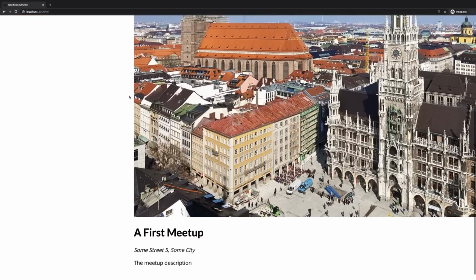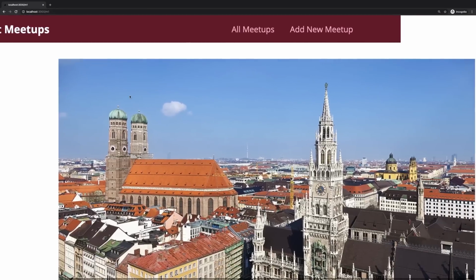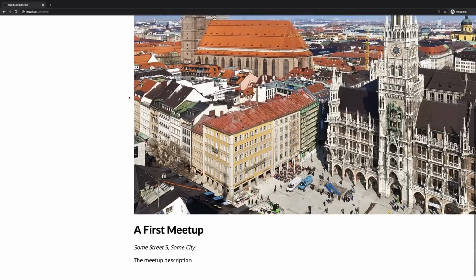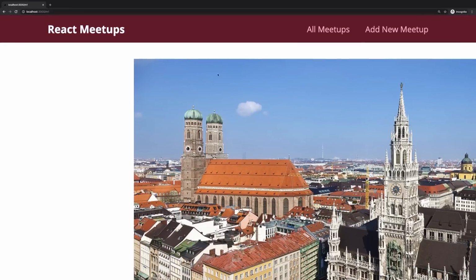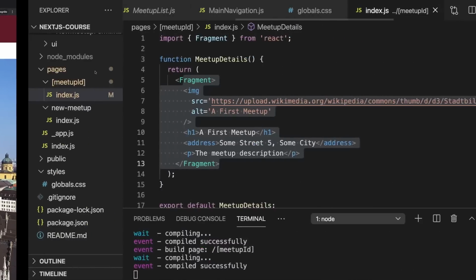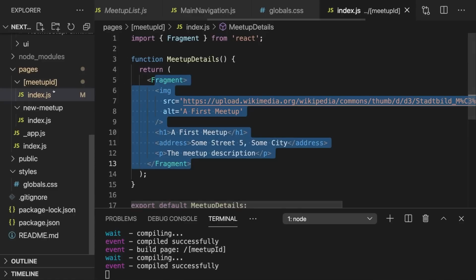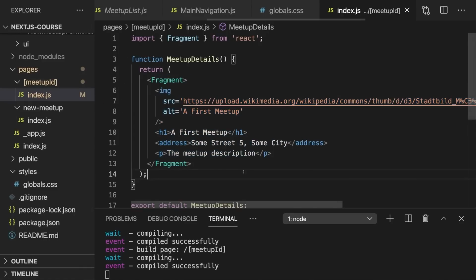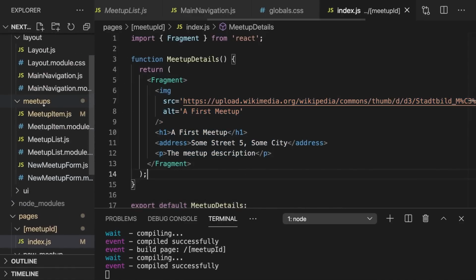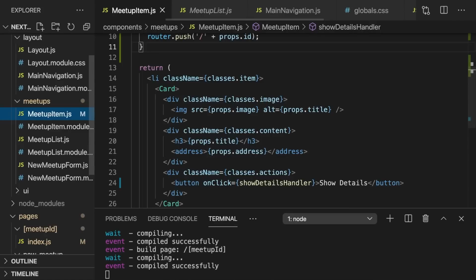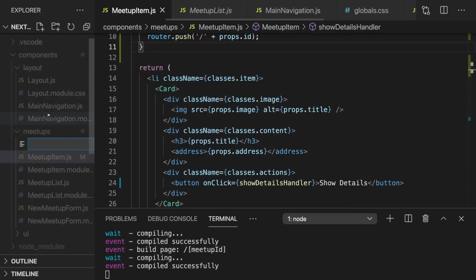And that's okay, but of course not the final style which I'd like to have. I'd like to center all the text actually, and I would also like to shrink the image a little bit. Now for that, I haven't prepared any styles, so we can just quickly add some styles together here. And for this, I'll actually add a brand new component in the components meetups folder, which I'll name Meetup Detail,